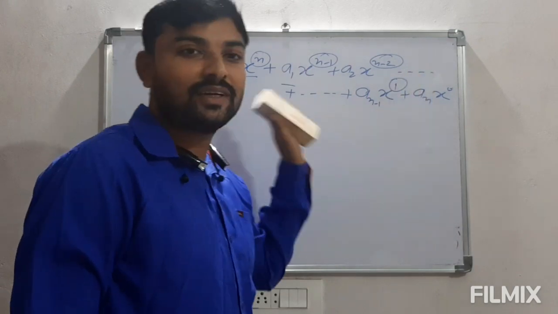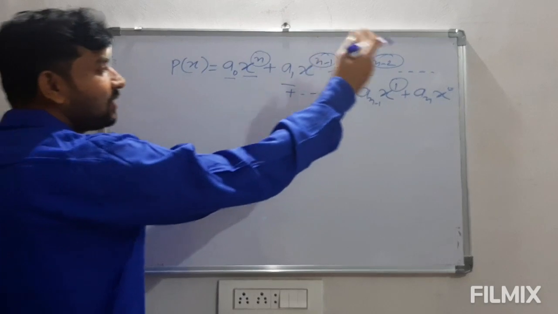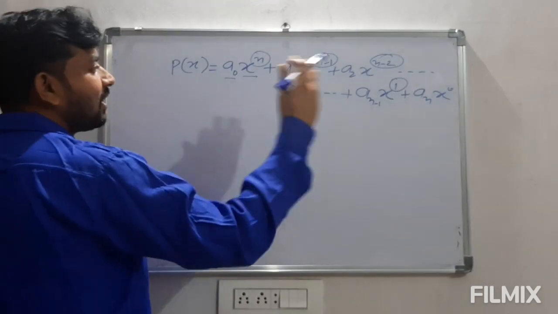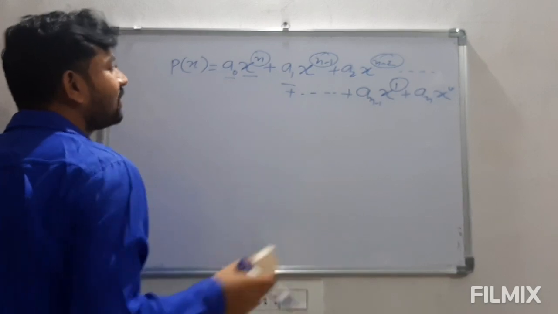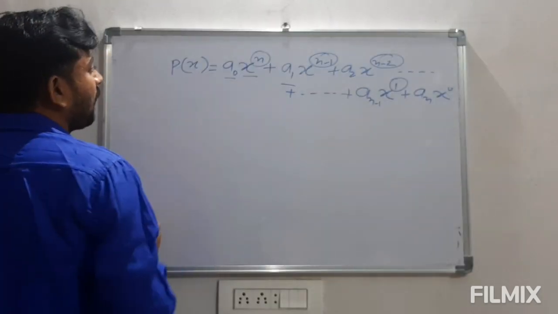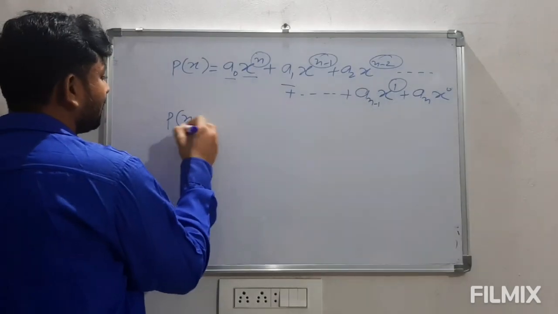Means in a polynomial the powers of variable will be decreasing throughout. Means it will be n, then n minus 1, n minus 2. जैसे जैसे हम आगे टर्म्स लिखते जाएंगे ये इसकी पावर जो है वो चेंज होती जाएगी. Now, suppose if we have an expression like